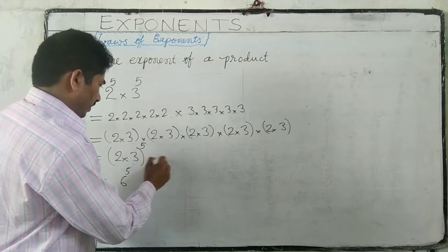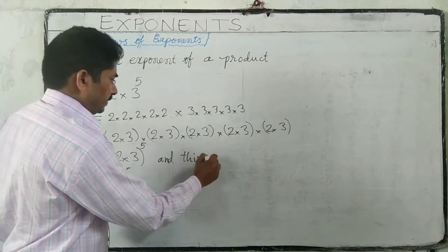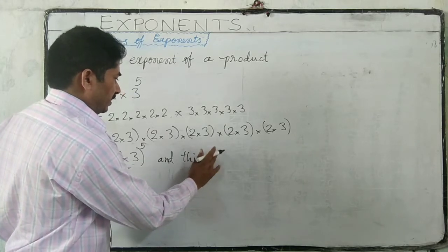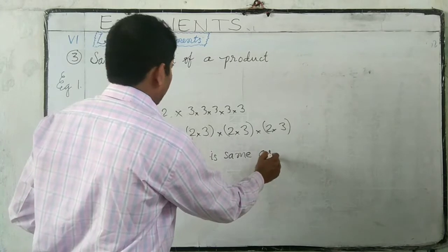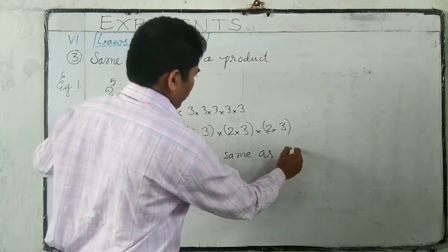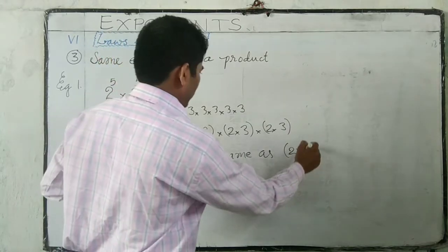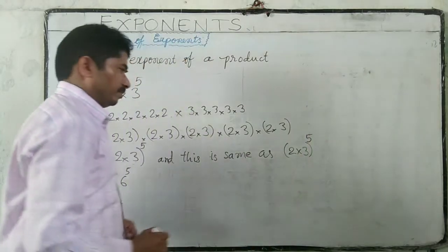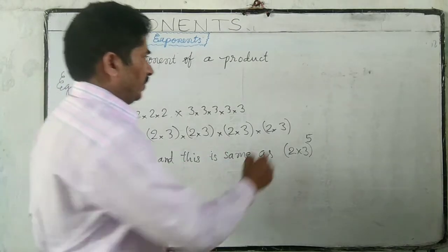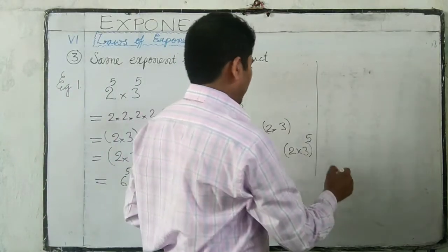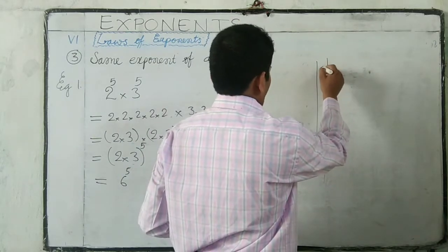But up to here observing, this is the same as 2 into 3 whole to the power of 5. By observing this, we can write directly. Example 2,